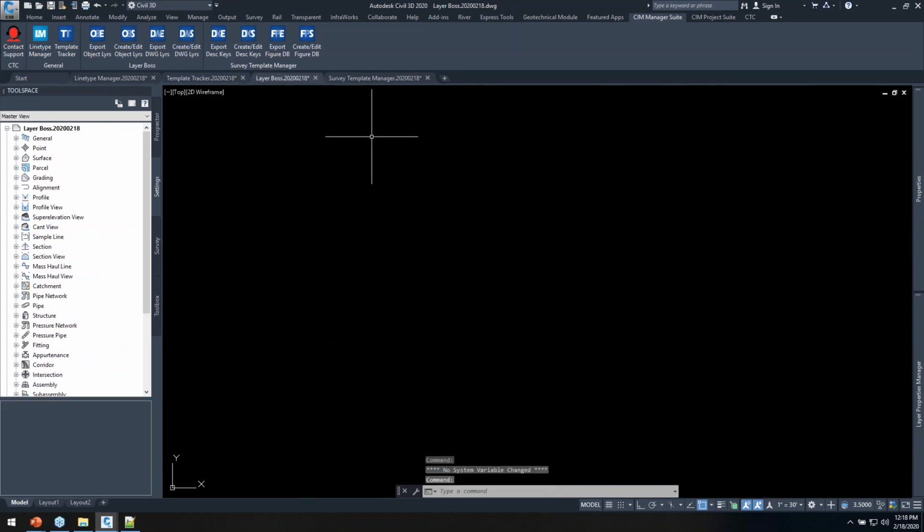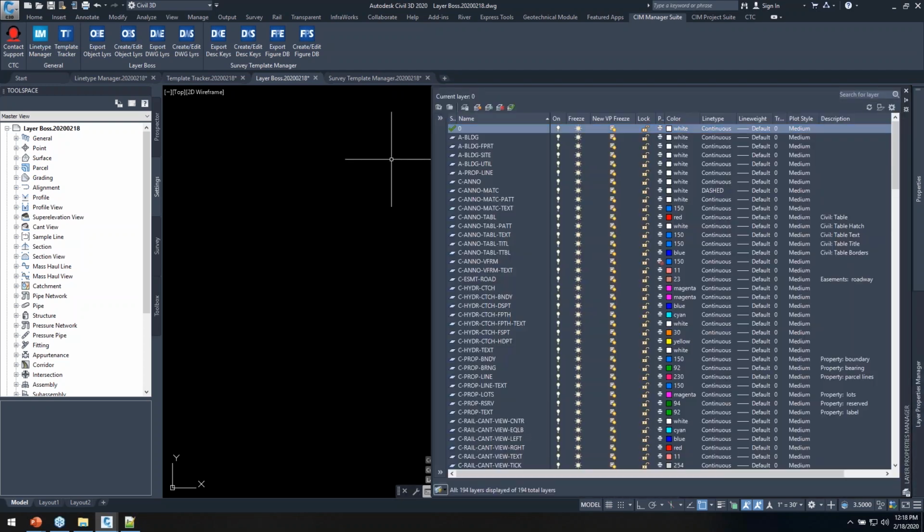Let's move on. Let's talk more about layers. In a Civil 3D world, we try to get away from layers some, right? We've got Civil 3D styles. They've got a lot more to them, right? But we're still using layers in a lot of different ways. And so we're still managing a substantial layer set. And with that,